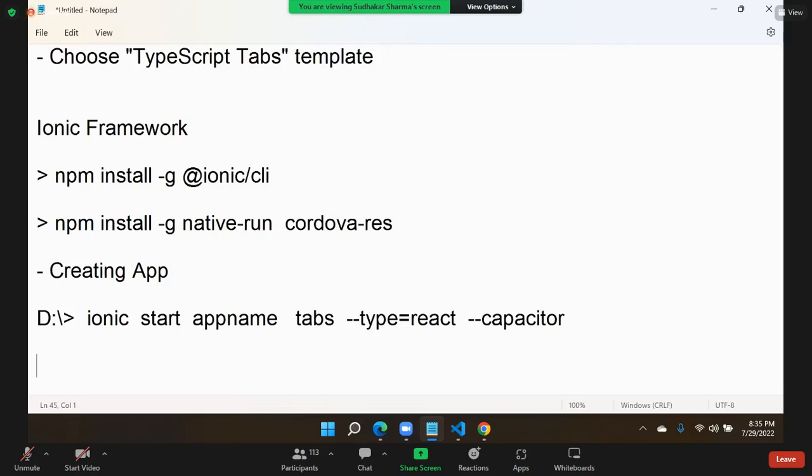So to do that, we actually need a capacitor. Ionic uses this capacitor additionally, so you have to install that. And one more thing is,